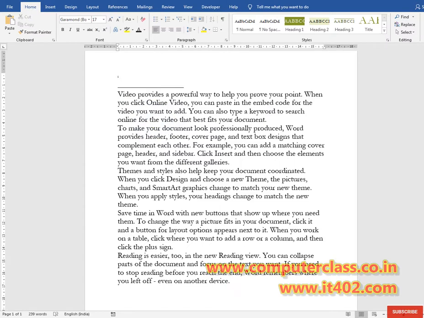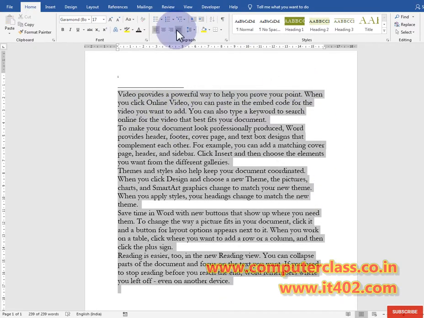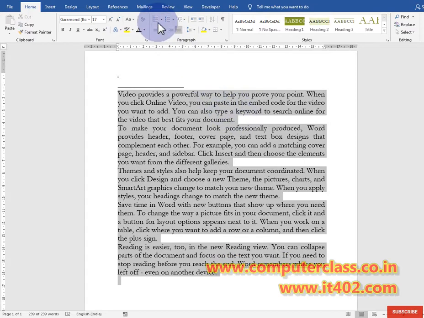If I remove 0 from here and E from here, then I can see vid is shifted into this particular line, because video is a complete word, so it is shifted to the next line. To avoid these types of problems, we can use justify. So these are all 4 types of alignment options: left alignment, center alignment, right alignment, and justify alignment.